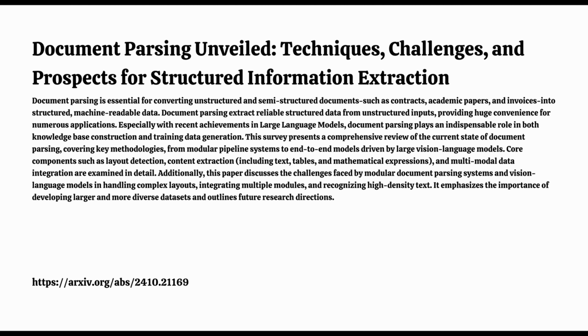So we've uncovered quite a few challenges for modular systems. Now, turning our attention to large models, do they face a similar set of limitations? They do, but their challenges often look a bit different. One surprising finding is that despite their power, large models don't always outperform those modular systems. Really? This is especially true for tasks like precisely distinguishing between different page elements or dealing with intricate table structures. That's unexpected. Why would that be the case?